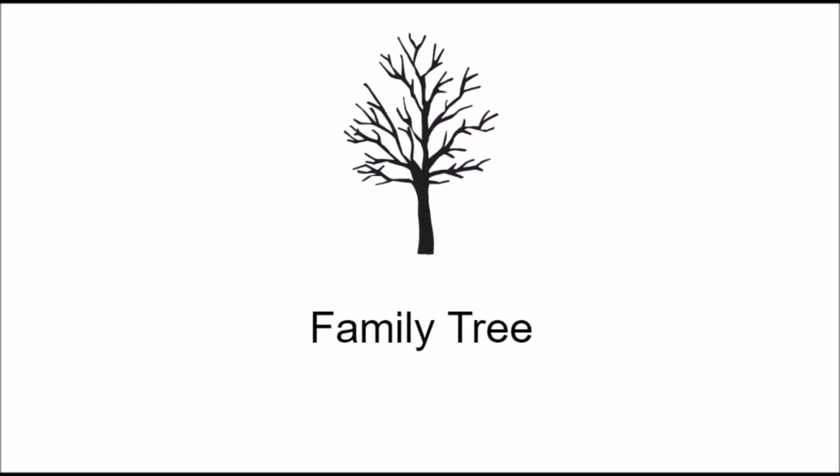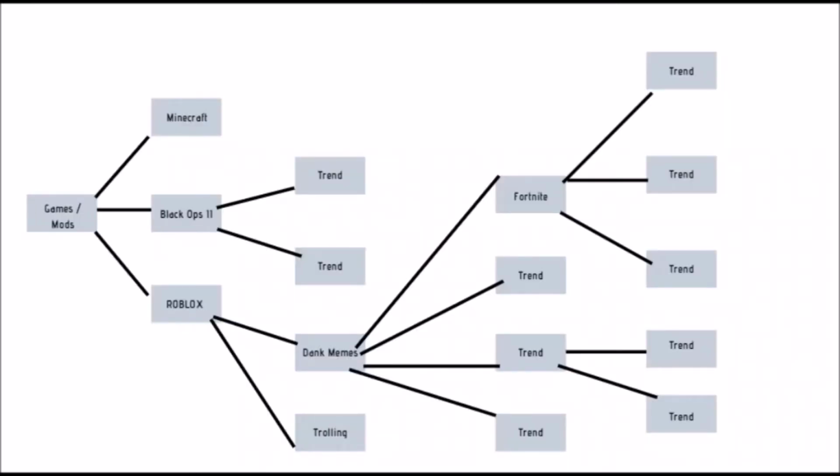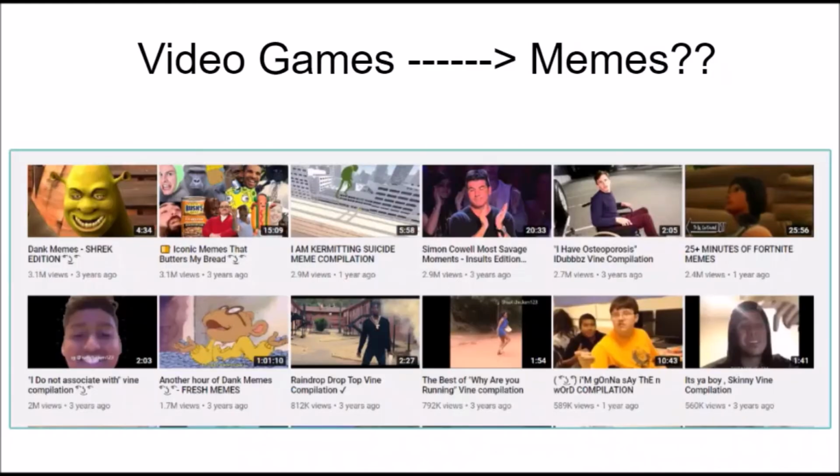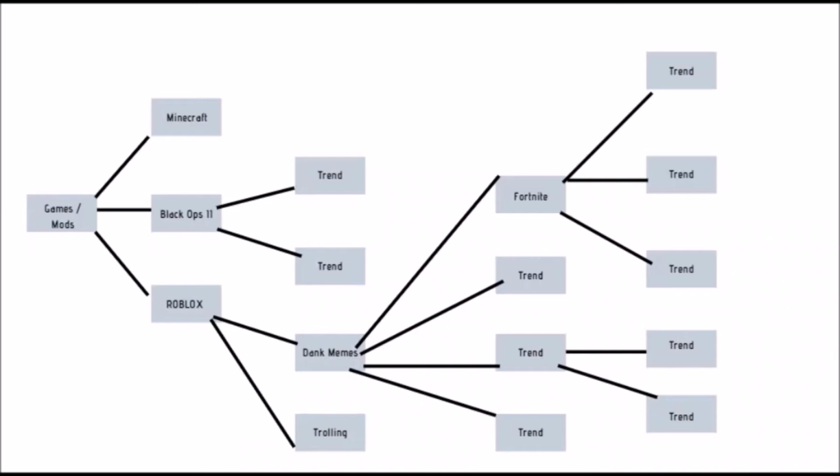A YouTube channel family tree is going to look something like this. I made this family tree for this channel in particular, and I started off posting games and mods. I was going to do mod videos showing people how to install a particular mod in the games. So I first had my channel niche right here, and then I was working with 3 trends at the time. My first trend was Minecraft, the second was Black Ops 2, and the third was Roblox, right? I was testing my channel niche with these 3 trends, and as you can see, Minecraft